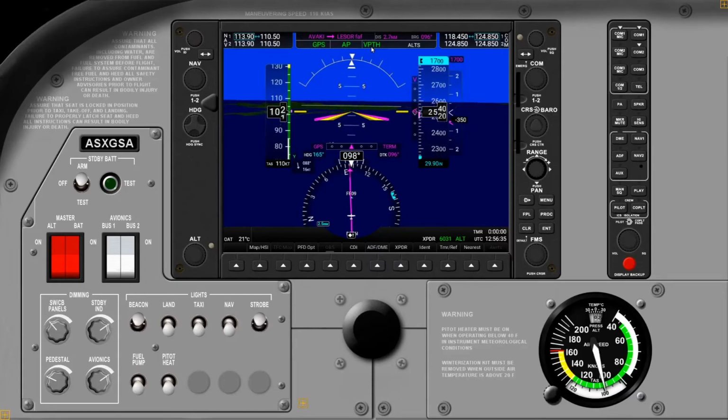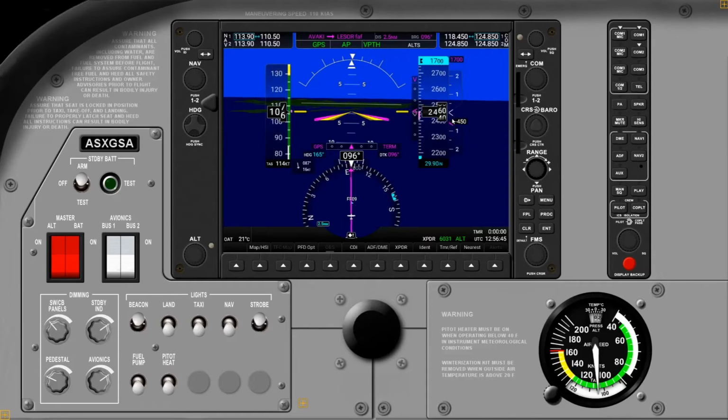And you can see we're descending down. We've still got the V path there. We're bang on there, and you can see the other little pointer here. That's our target VS speed, and it works that out over on the